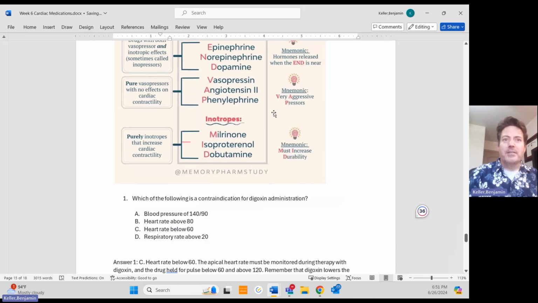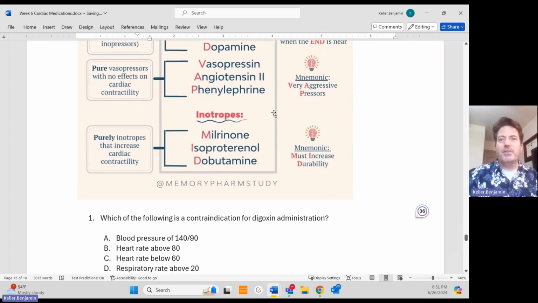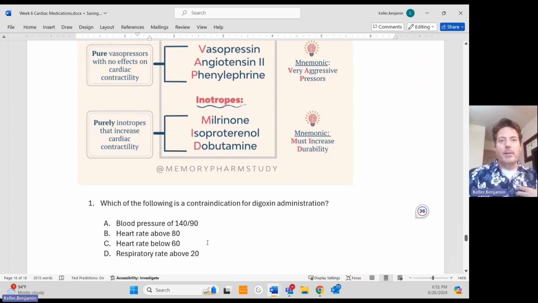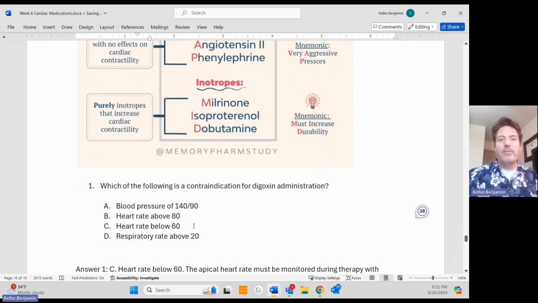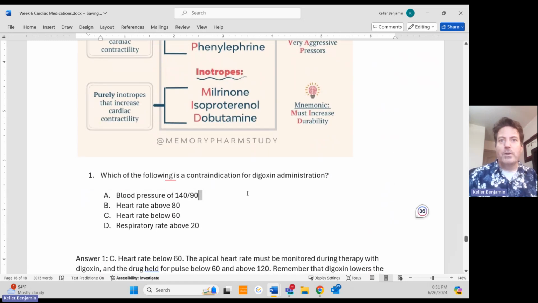So let's do a couple of questions. Which of the following is a contraindication for digoxin administration? We just talked about that, right? So we want to listen to the apical pulse, and we want to make sure that we listen for at least 1 minute, and we want to make sure that the heart rate is above 60 if we give it. So if it's below 60, then it's a contraindication. So it's asking what is a contraindication. So that means we don't want to give it if